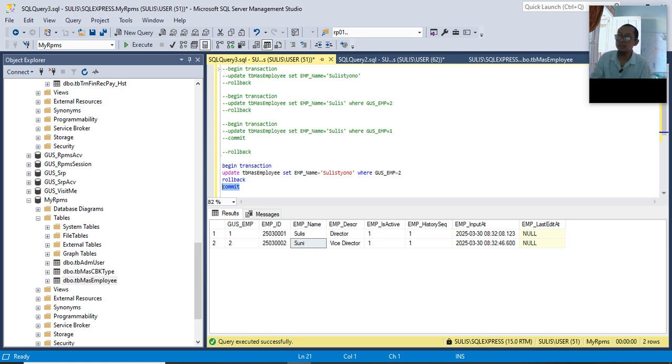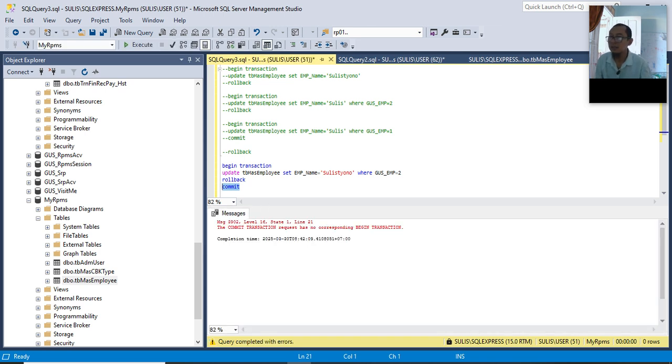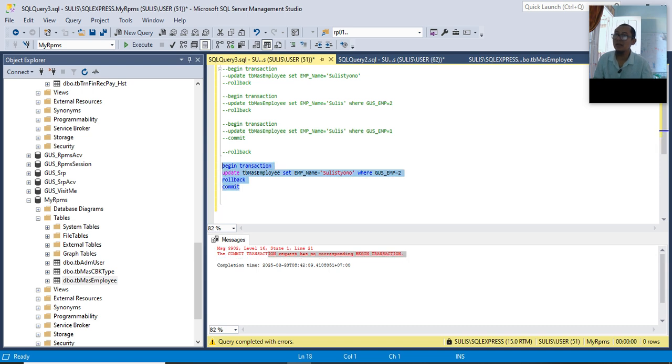The commit will return an error: the commit transaction request has no corresponding begin transaction. Why? Because this begin transaction has already been rolled back. Okay, I hope this is very clear.